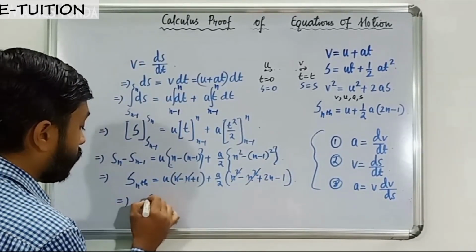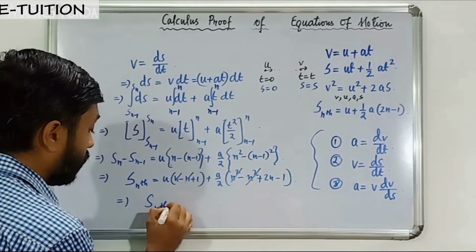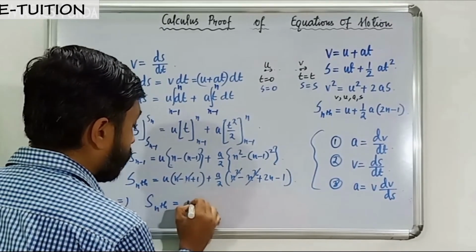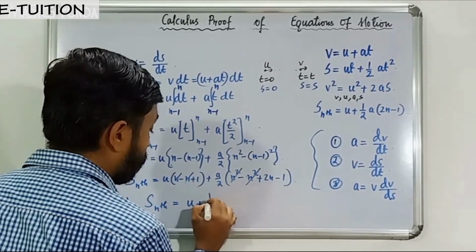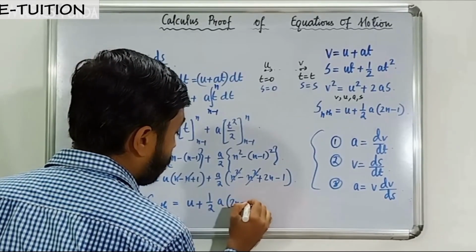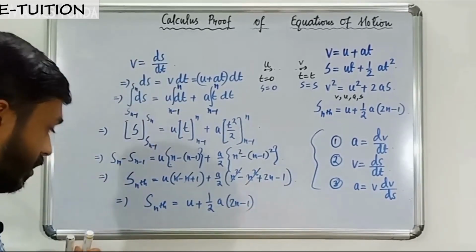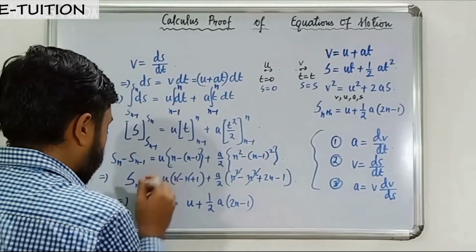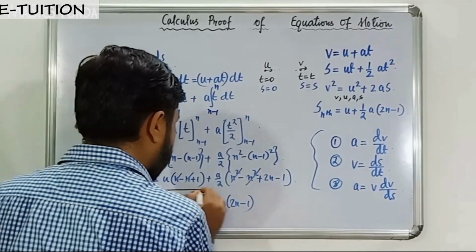What you are left with is Snth equals u plus half a multiplied by 2n minus 1. And you have ended up getting your fourth equation of motion,